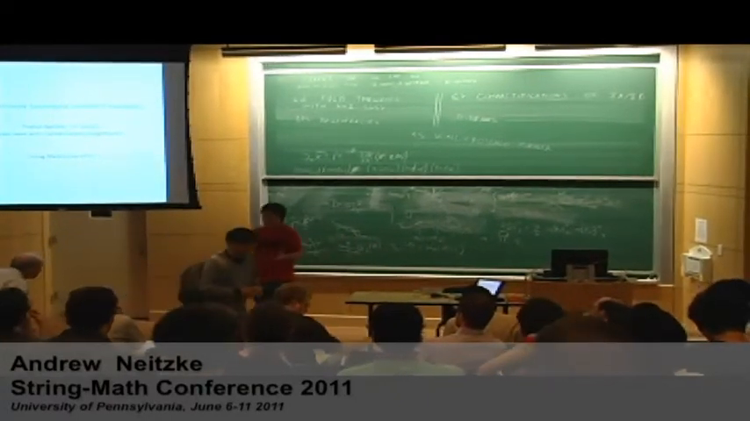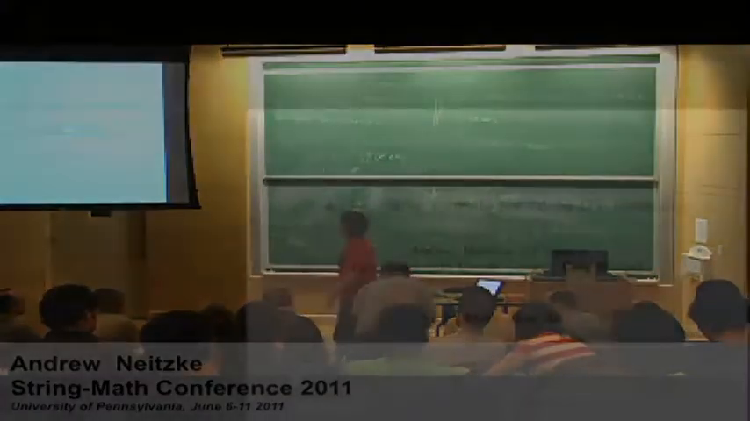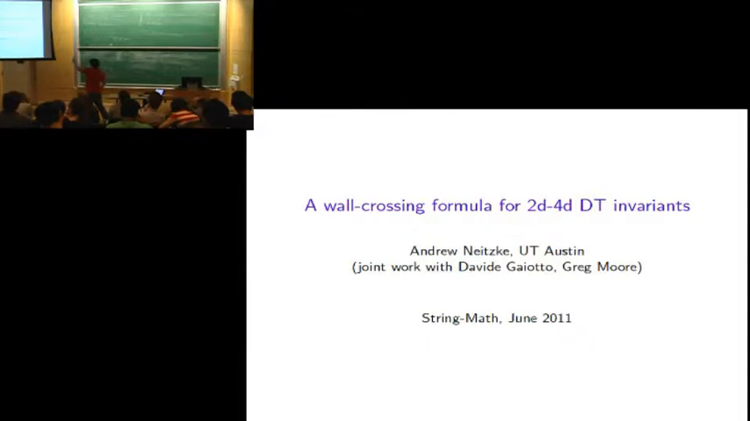I'd like to thank the organizers for the opportunity to speak here at this great conference. So I'm going to tell you about a wall crossing formula for a new kind of Donaldson-Thomas invariant, which we call 2D, 4D Donaldson-Thomas invariants. And everything that I say that's original is part of joint work with Davide Gaiotto and Greg Moore. Almost everything I say